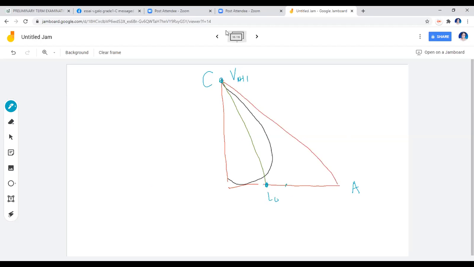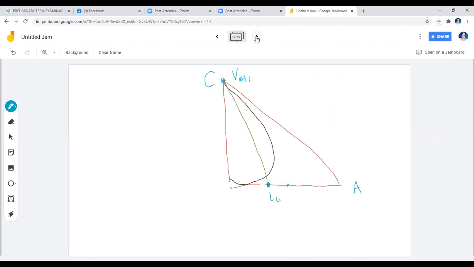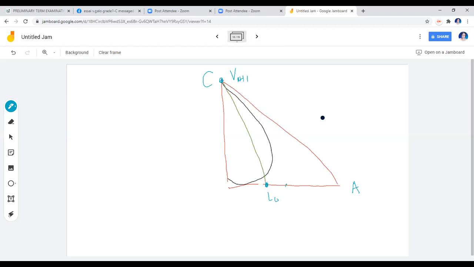So now using your M, the M that we got here, which is 0.0625, is my M correct, class? 0.0625, very small. Did I solve it correctly? Yes, miss. Okay, so if it's 0.0625, based on my drawing, it's not to scale, just a sample, class.